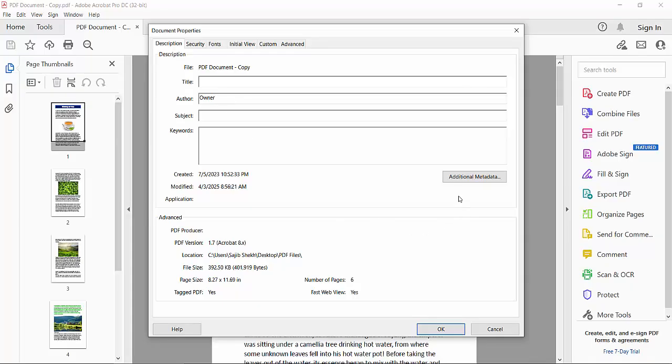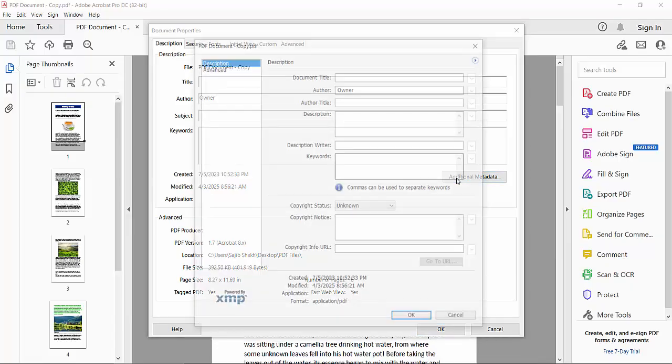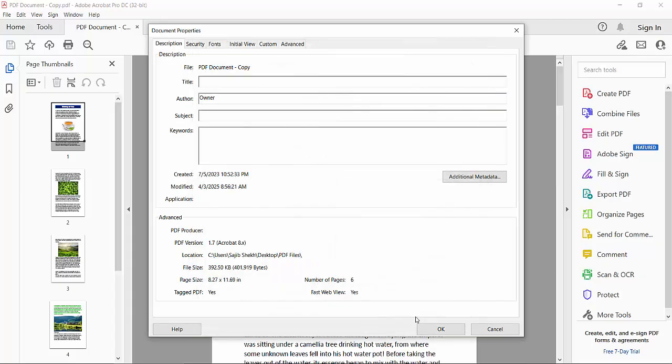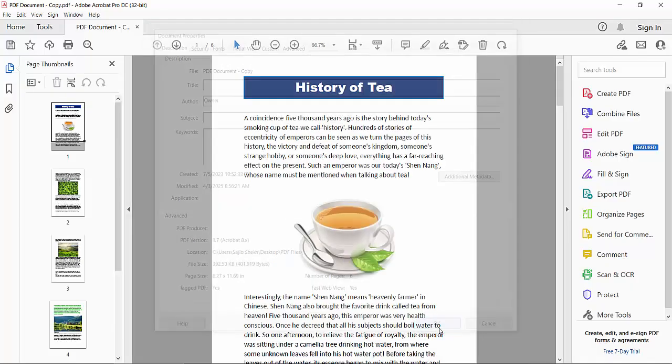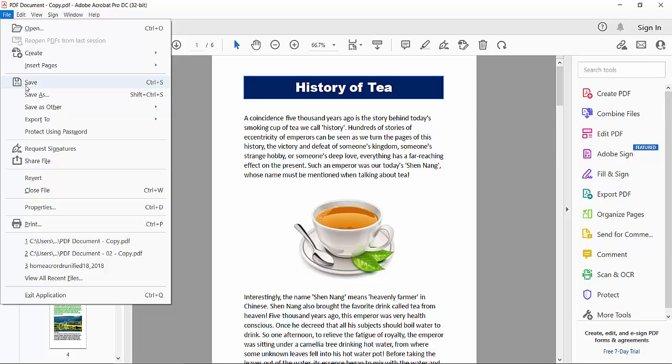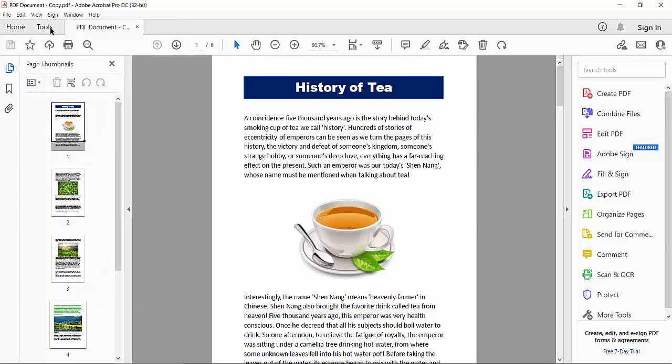And also here you will find this additional metadata, owner and owner title. You can type here and select OK, and finally select OK, and click this file option, save or save as a PDF file, and again go file